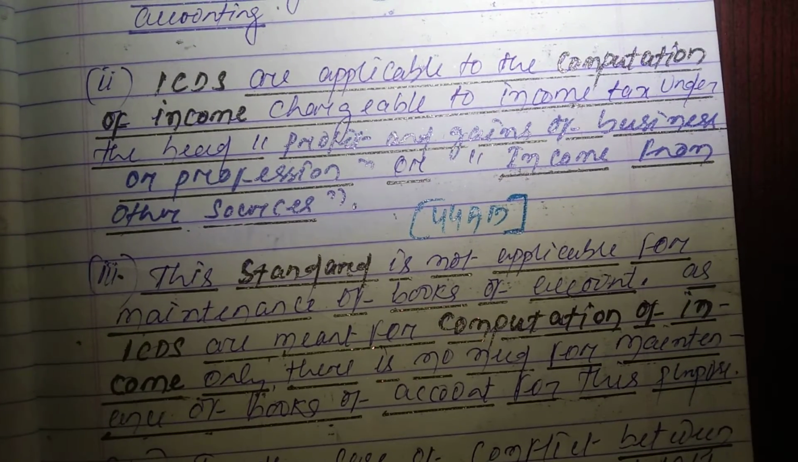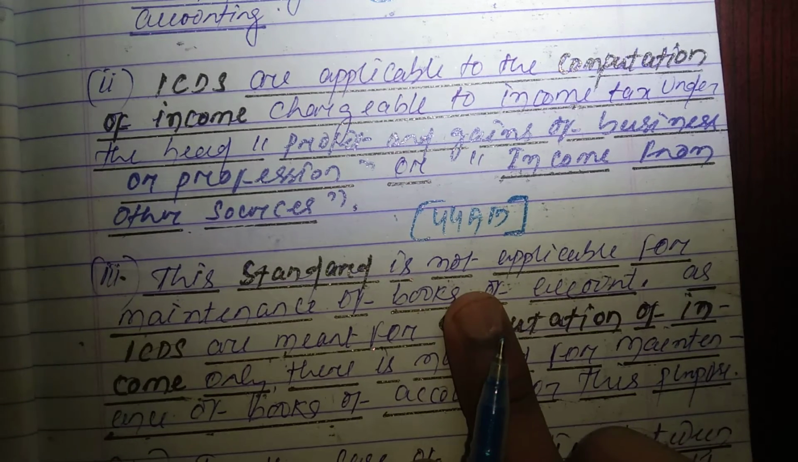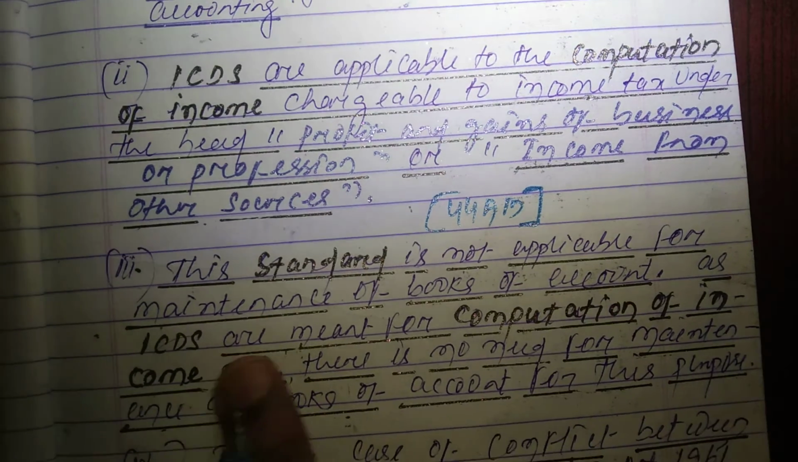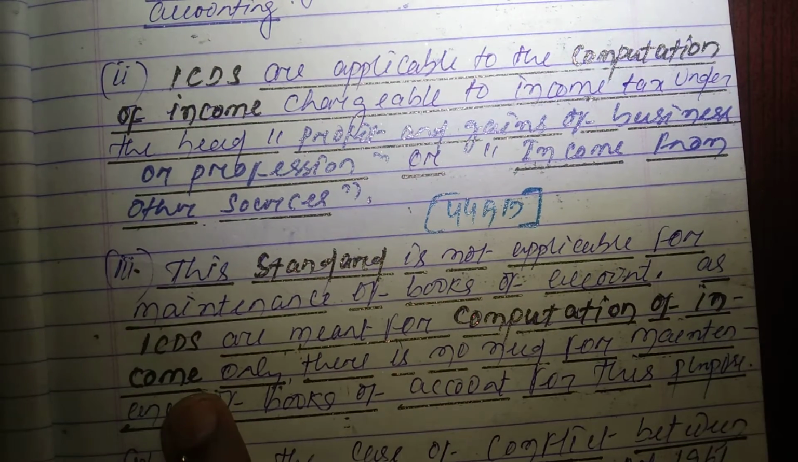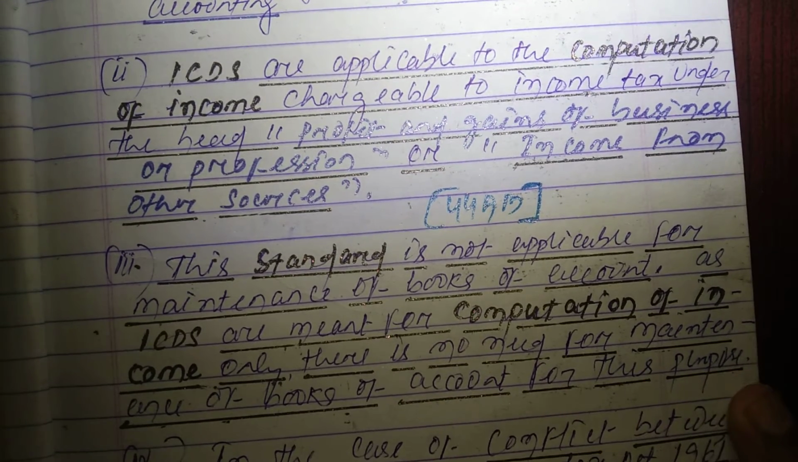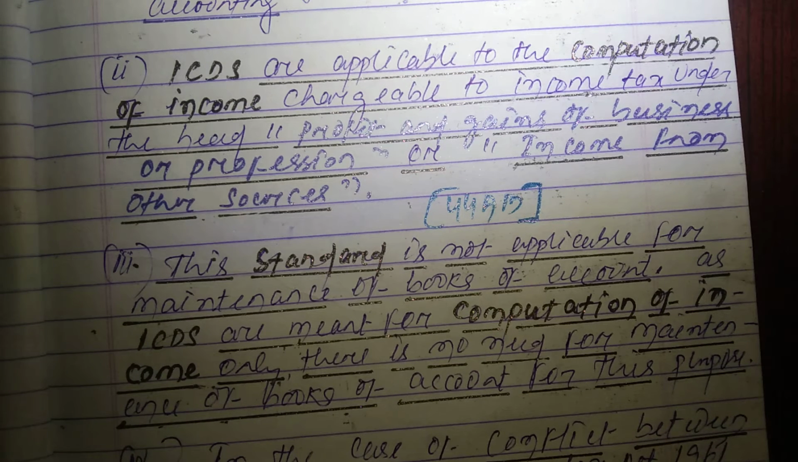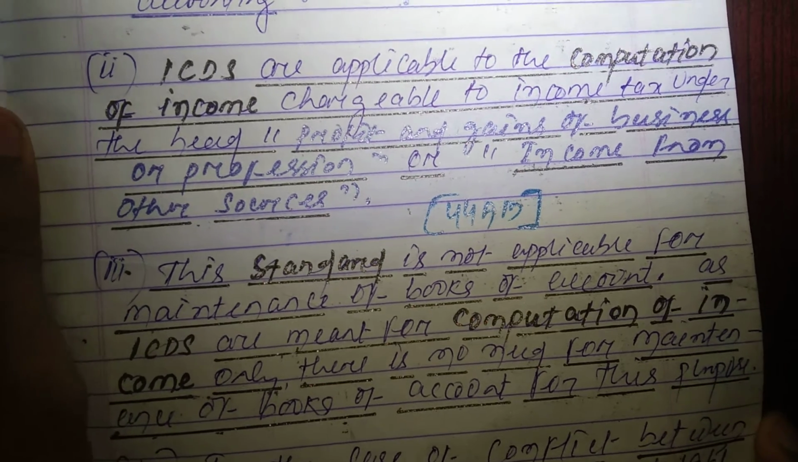This standard is not applicable for maintenance of books of account. ये books of account maintain करने के लिए नहीं है. As ICDS are meant for computation of income only, there is no need for maintenance of books of account for this purpose. ICDS applicable नहीं है बुक्स ऑफ अकाउंट मेंटेन करने के लिए, ये सिर्फ कंप्यूटेशन ऑफ इनकम को शो करने के लिए होता है एंड देयर इज नो नीड फॉर मेंटेनेंस ऑफ बुक्स ऑफ अकाउंट फॉर दिस पर्पज, राइट।